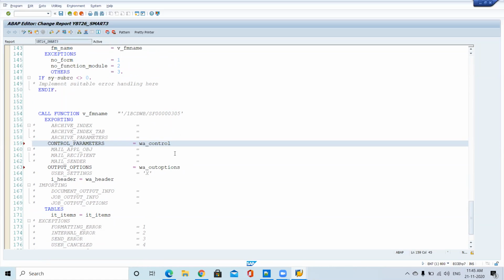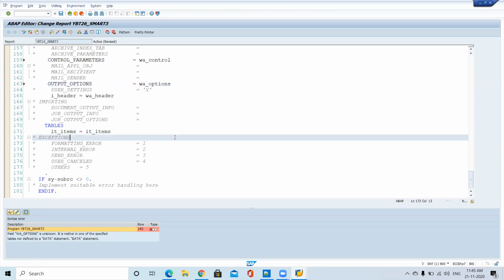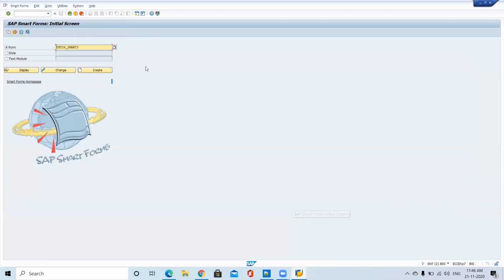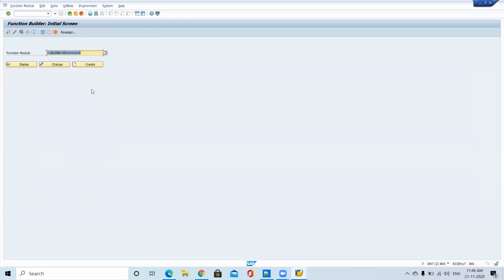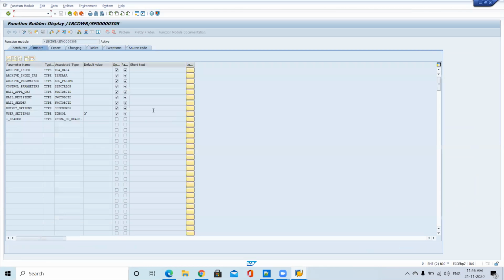So how to declare these variables? We're talking about the controlling parameters.